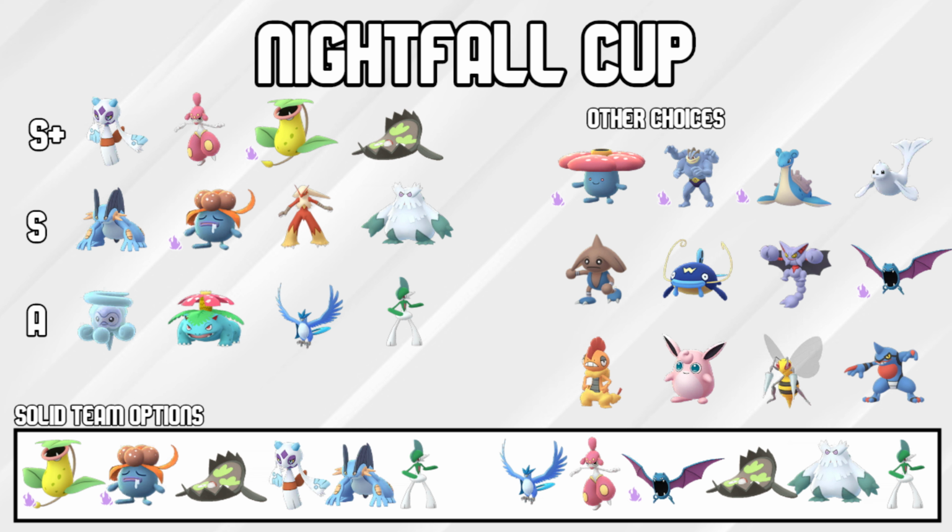Articuno or Shadow Articuno. Definitely a really good lead. I really like Articuno as a lead Pokemon. Ice Shot, Icy Wind, and then Hurricane if you have the Legacy move. If you don't, you can go Ancient Power, but if you have the Legacy move, Hurricane's probably the way to go. It's a flying type, so it's going to be resisting those pesky Razor Leaf uses,